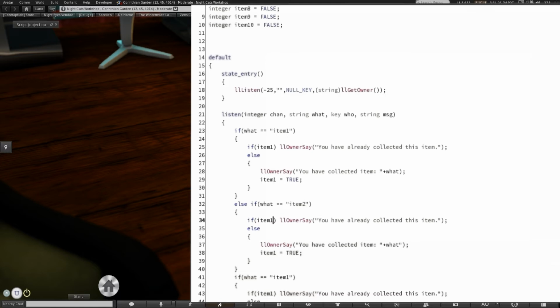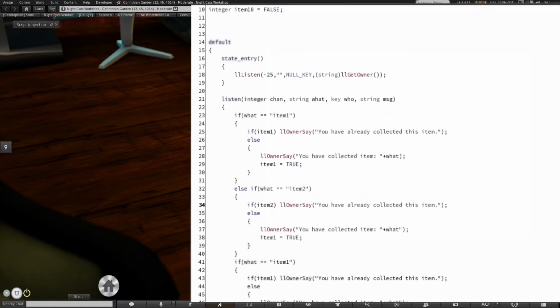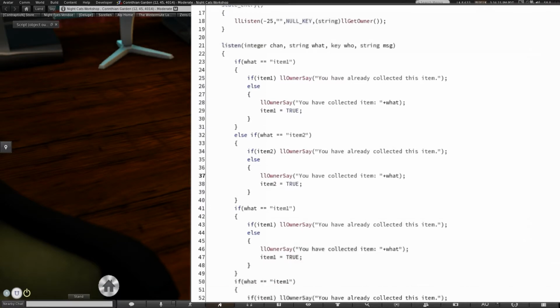Item 2. Get rid of the extra quotation mark, just basically to update all of these going down. Else,